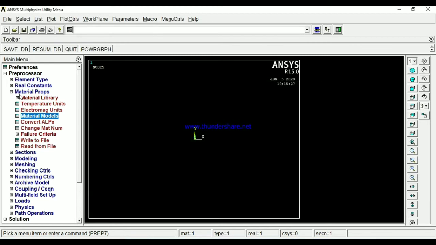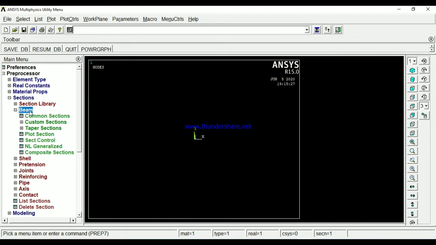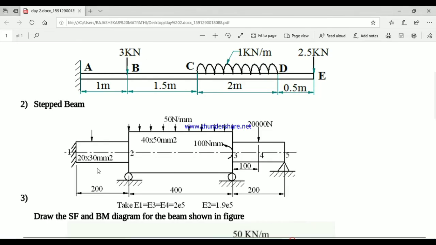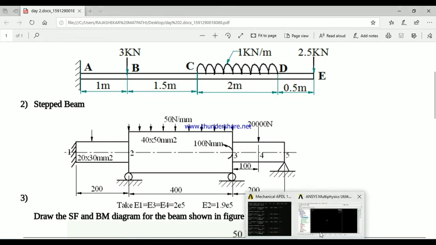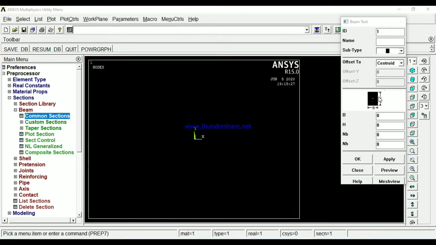Fine. Next, coming to sections, beam, common sections. See here, in the previous problem only one ID was there, but here I should take 3 IDs: ID1, ID2, and ID3. In ID1, the first cross section, enter 20 and 30, then apply.